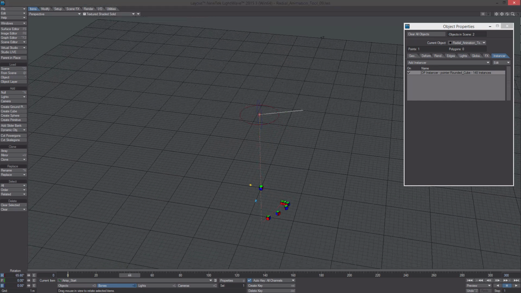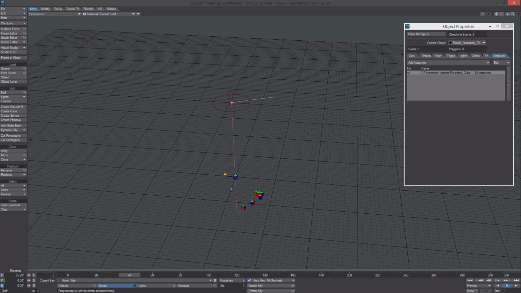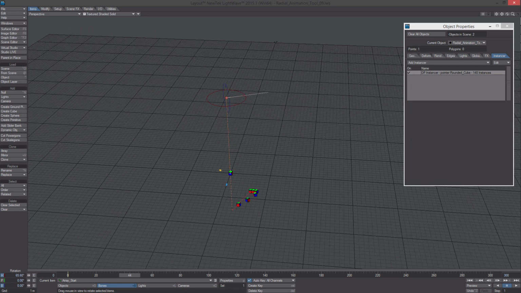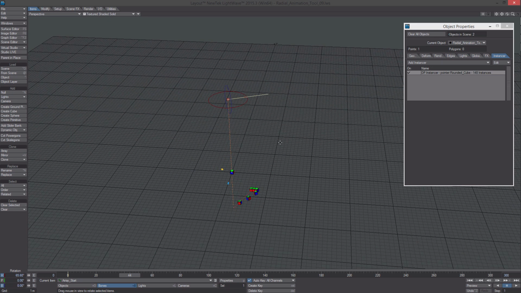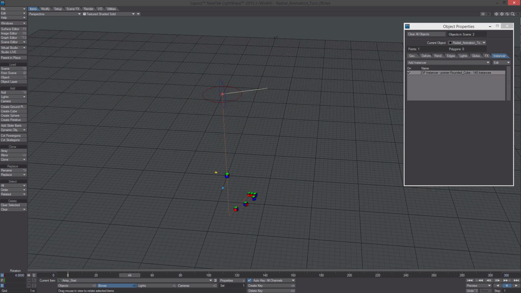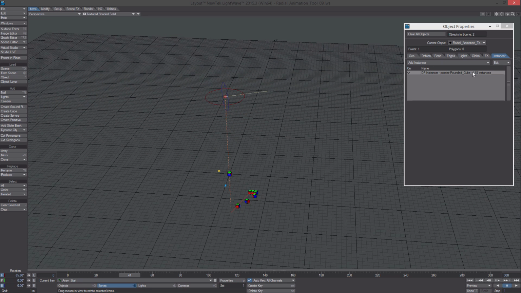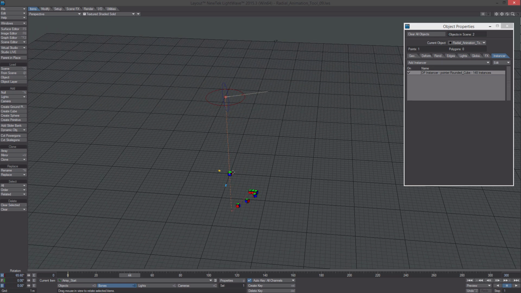Okay, so the last thing I want to do is we want to reset all these controls just so they're at their base position. And I want to delete the instance object out of there, because we want to have a scene that we could just load this from and not have any of the other stuff with it, but we want it to be all in its base position. And then after I do that, I'll clean up the nodes. So first thing I'm going to do here is just delete that object,